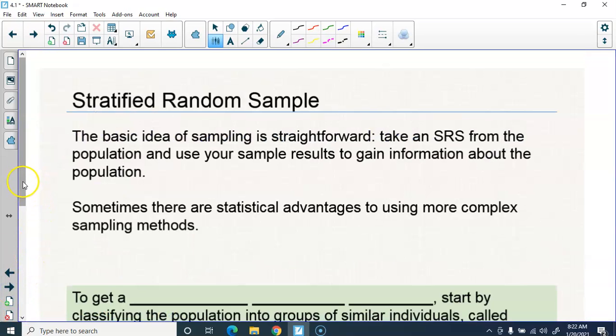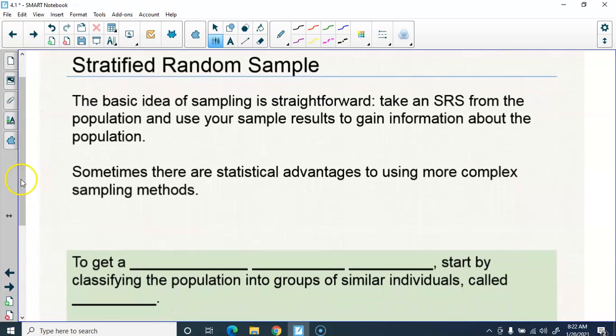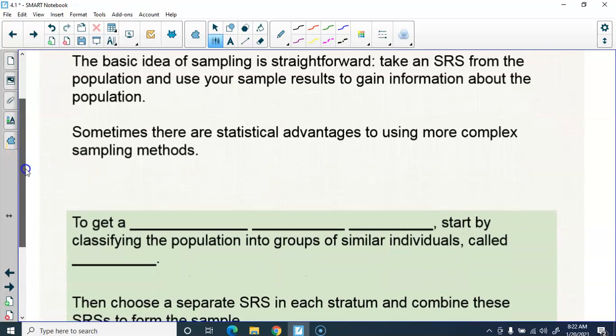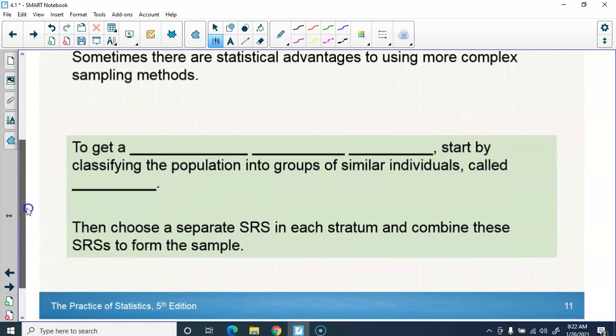So let's look at different types of random sampling. First we have what's called stratified. So the basic idea of sampling is straightforward. We take a simple random sample from the population and use your sample results to gain information about the population. But sometimes there are statistical advantages to using more complex sampling methods. To get a stratified random sample,